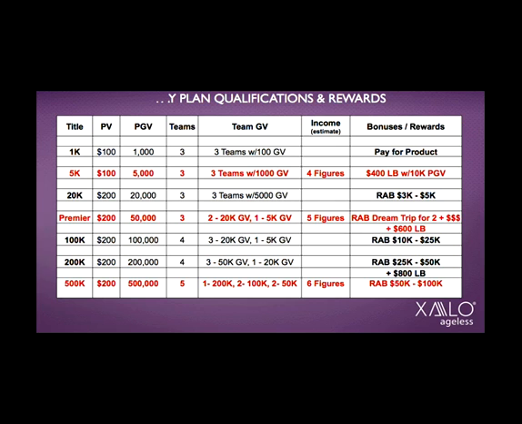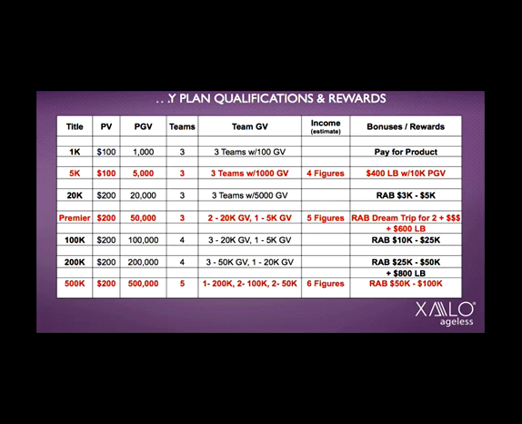The next couple positions are higher Premier positions. They get you larger shares in the global bonus pool, which means the average income, of course, goes way up as a result, and then bigger rank advancement bonuses. The 100K has 100,000 in volume with 4 teams. So they're building 4 teams now. 3 of the teams have 20,000 in volume. 1 of them has 5,000 in volume. Again, your total is 100. The rank advancement bonus at the 100K is $10,000. And if you do that within 2 years, that number goes to $25,000.